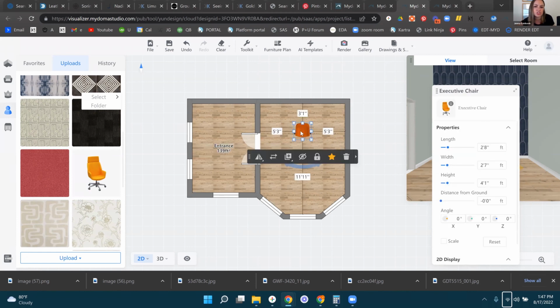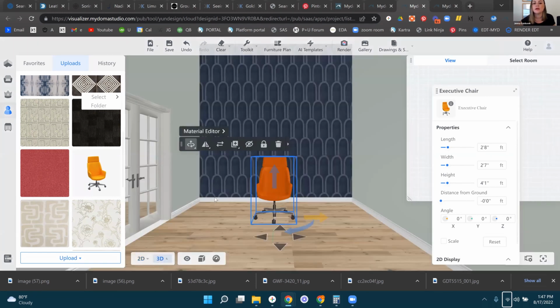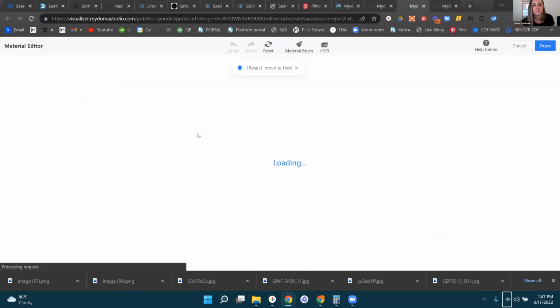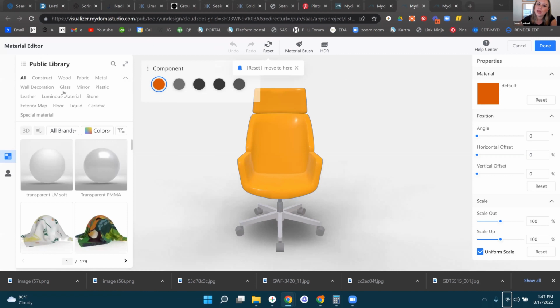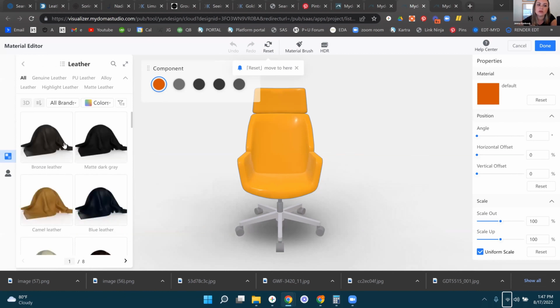So this is an orange chair. Very orange chair. I don't want it to be. So I'm going to go in 3D mode, not in 2D mode. I now have that black bar again with material editor. So the public library has a ton of great materials. So if you wanted this to be like a leather, you could come over here and you could look through